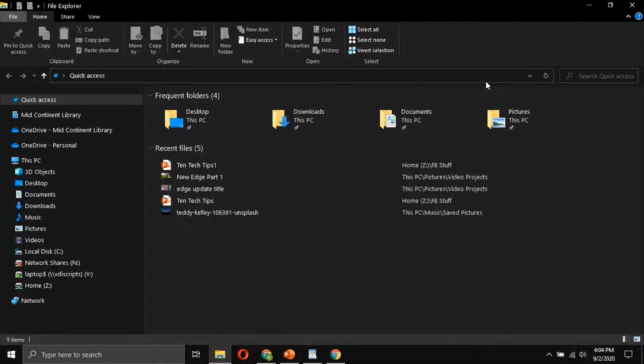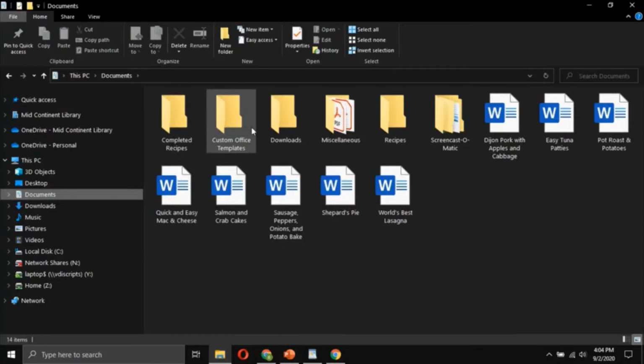I like to call it the breadcrumbs bar because as you navigate through your folders, it'll display the path that you've taken to get to where you are. So you can also use these navigation buttons here to go backward or forward or up a folder, but you can also click any of the, what I like to call breadcrumbs, in the address bar to go back or forward. So say I'm navigating to my documents,